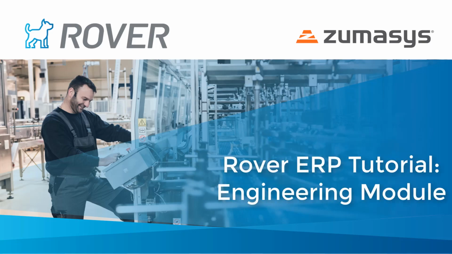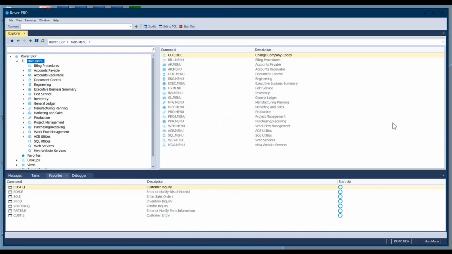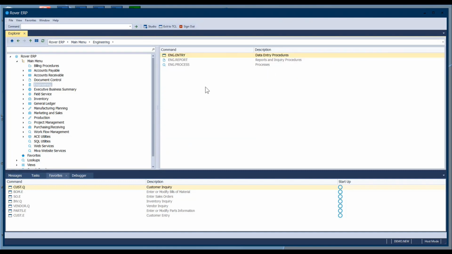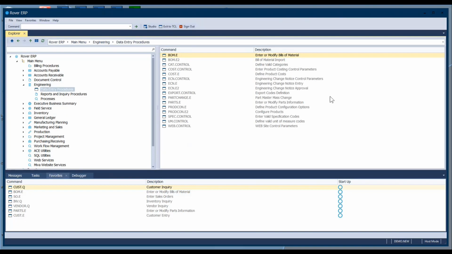Today's session, we're going to cover the engineering module, at least the main portions of the engineering module, primarily the control setups, the part master and bill of material entry screens, as well as some reports and processes. So we're going to go to the engineering module, data entry, and first we'll cover a couple of major control